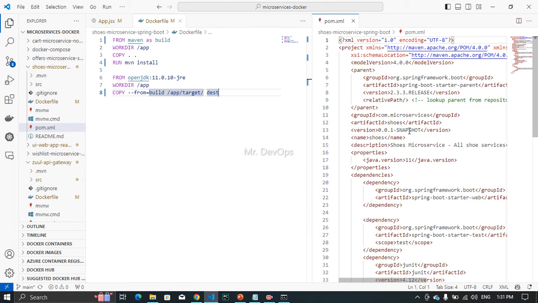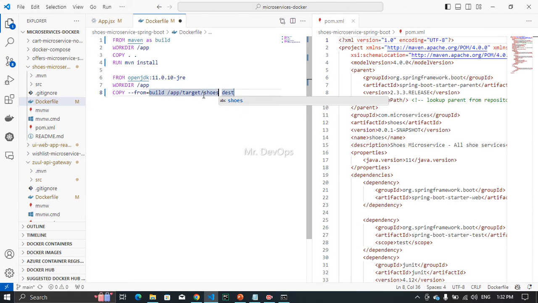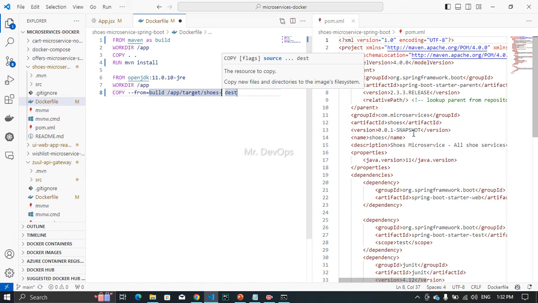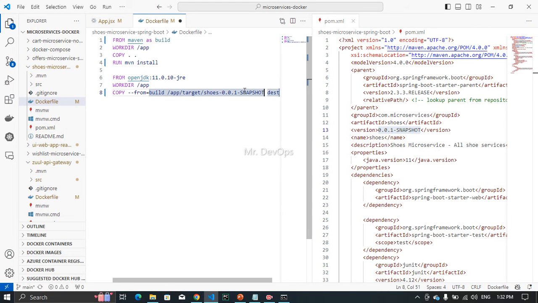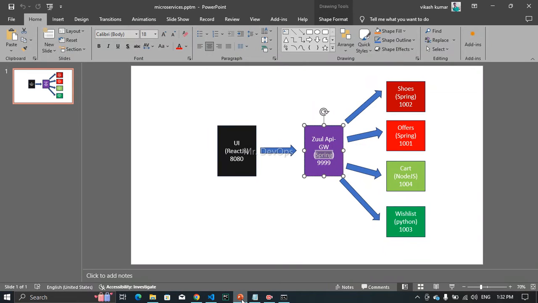The target directory will have source slash snapshot dot jar, and that we have to copy to the jar. We have to copy to this directory, the work directory, and then we have to expose this. We have to expose this to which port? We have to expose this to